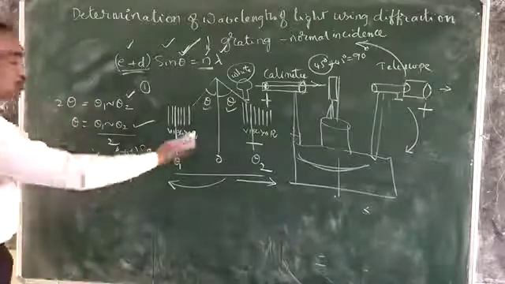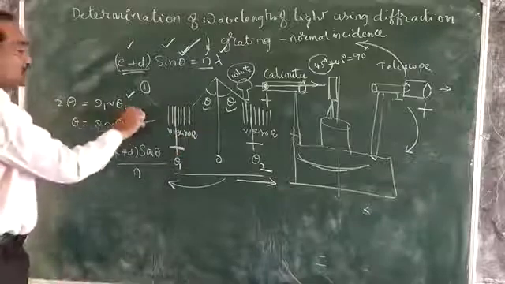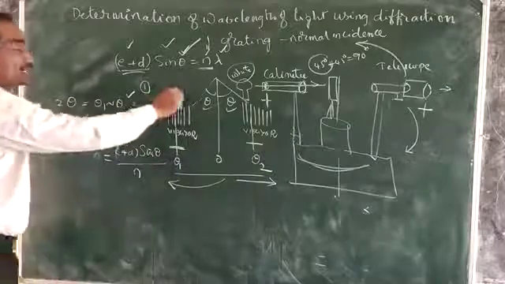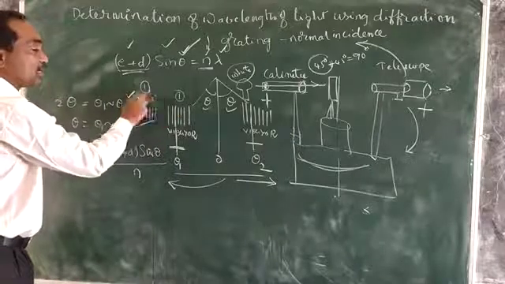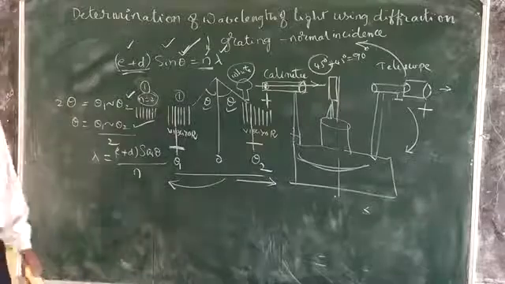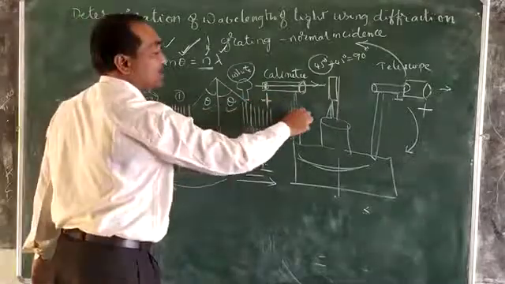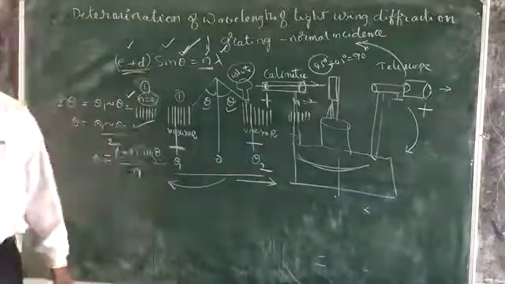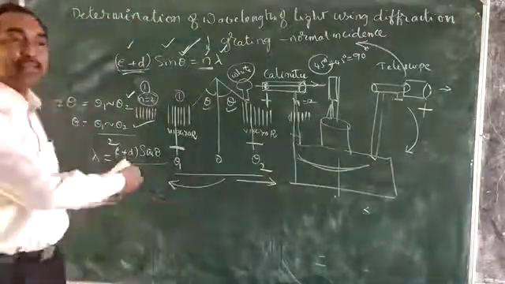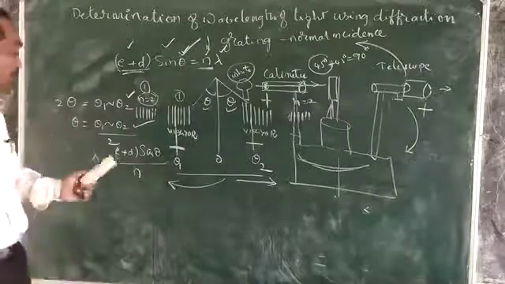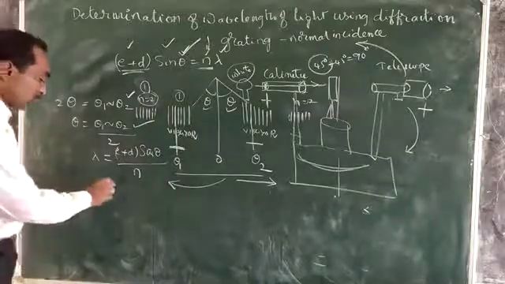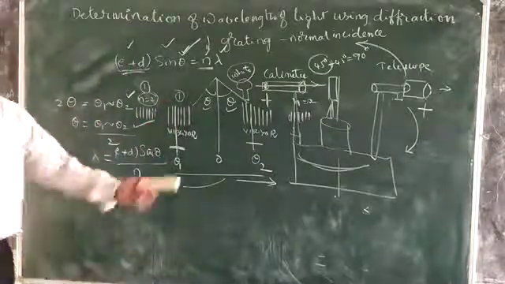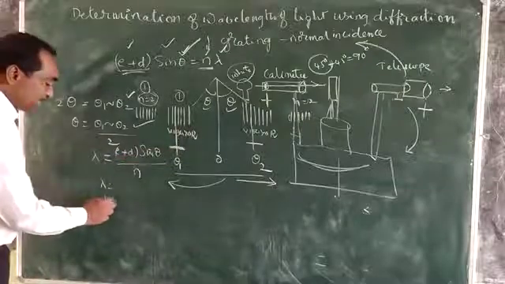Of course, when we move towards another left side, there is one more spectrum, same as VIBGYOR. This is called the first order spectrum, and this is the second order spectrum. And here towards the right side also there is one more second order spectrum. In the second order spectrum also we can calculate the wavelength of light. Same procedure and the same answer we can get. Whatever value you get for the blue color using n equal to 1, at the same time with n equal to 2 we also get the same wavelength.